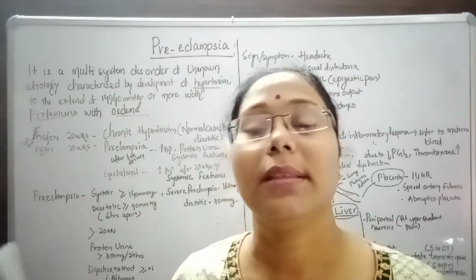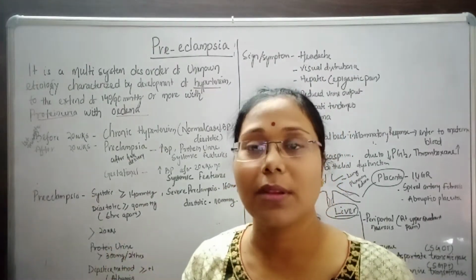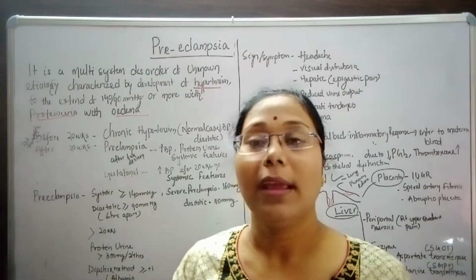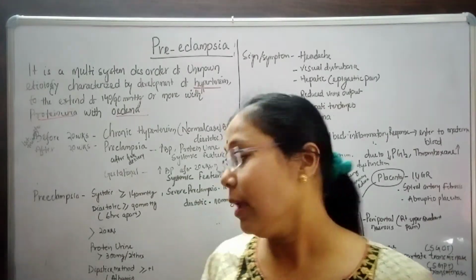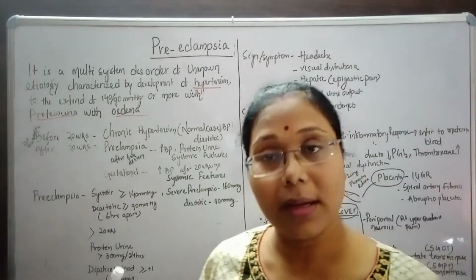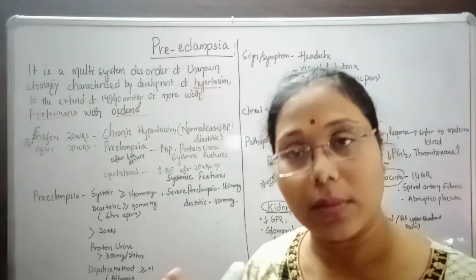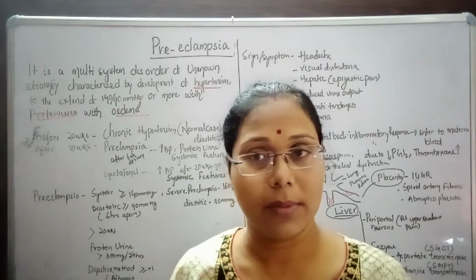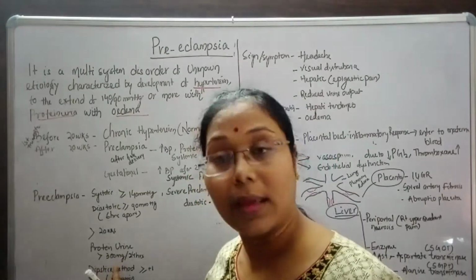Proteinuria means the presence of protein in the urine. If there are some changes during the filtration in the glomerulus, the protein particles move into the urine, and that is called proteinuria. The amount is 300 or more within 24 hours. Means within 24 hours, the amount of protein that is excreted in the urine is 300